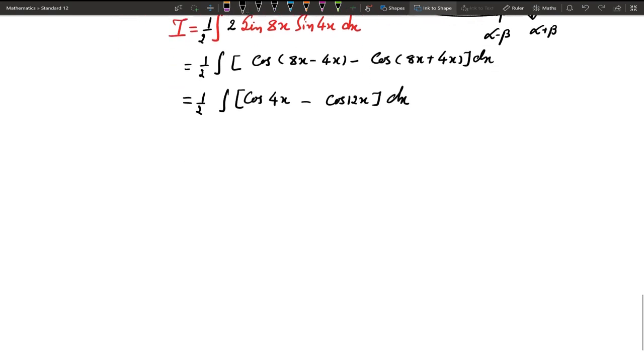So term-wise we can integrate this: 1 half of sin 4x by 4 minus sin 12x by 12 plus constant of integration. Now you can expand the bracket, and further simplification you can give. Next one,